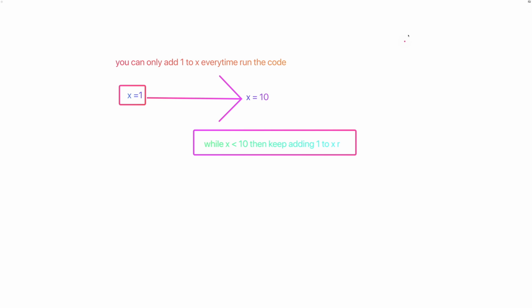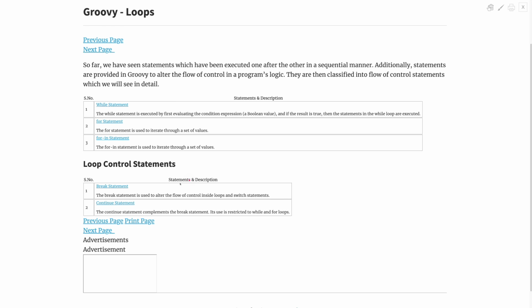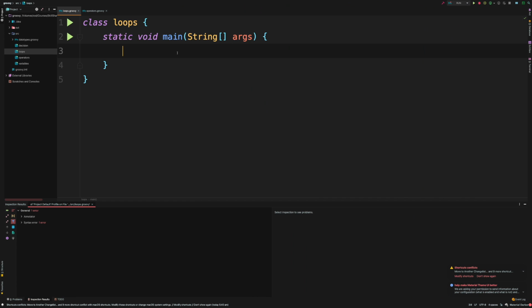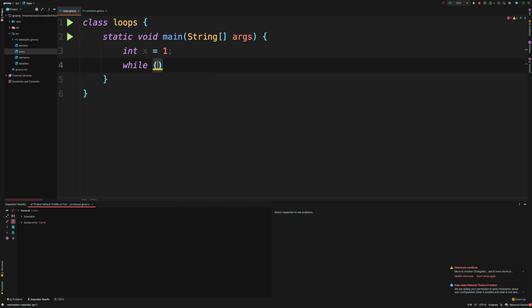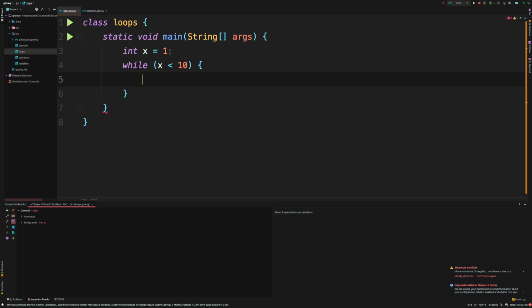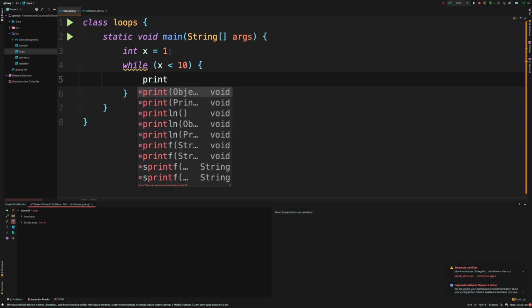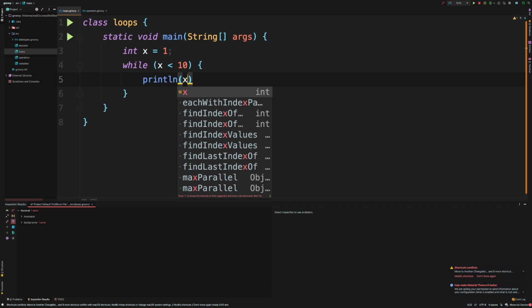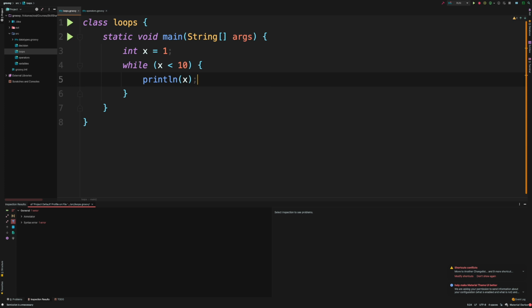I'm going to first of all clear our example, and I'm going to start by defining an int x equal to 1, and I'm going to start by using while statement, and the logic would be x less than 10. Then what it's supposed to do, it's going to first of all println, and I'm going to just print the value of x, the current value, and then we do x plus plus.